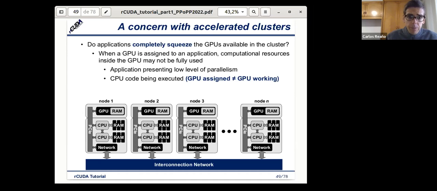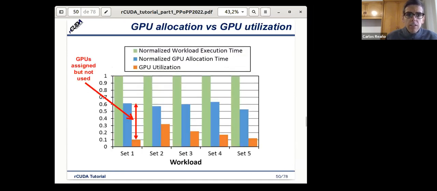Okay, so let me show you more results showing this. In this case, we have a workload of different applications, and we can see the normalized workload execution time in the green bar.